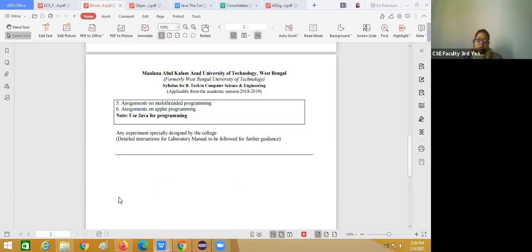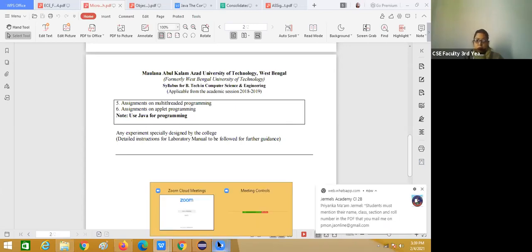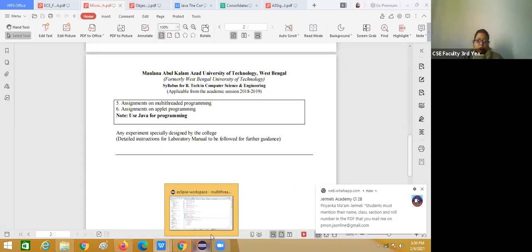Before that you have to go through the theory part of applet programming, whatever I have completed. This theory part in applet you have to learn, and in the next lab session we will start the program. Okay, any question you have?